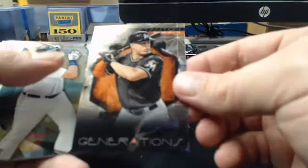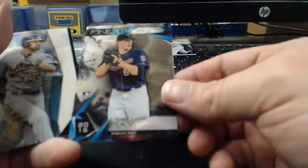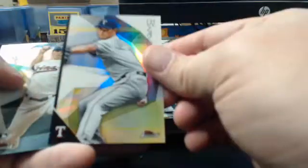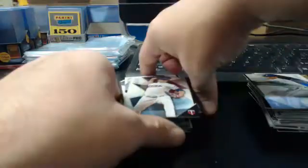Okay, Generations for the Marlins, Giancarlo Stanton. Oops, 2 cards sticking. There we go. Trevor May for Finest First. Okay, and that's for the Minnesota Twins. Okay. Yu Darvish, base refractor for the Texas Rangers. And let's go ahead and get to...